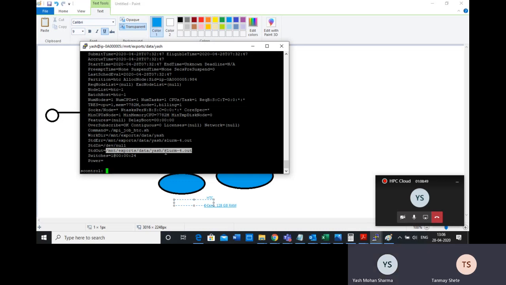So in your directory, a new file, slurm-4.out, will get created, and you will see the output there. You can also create a script where you redirect your output to a specific file. Then automatically that file will get the output instead of this. Because we did not give the output file name, that's why it is coming here.